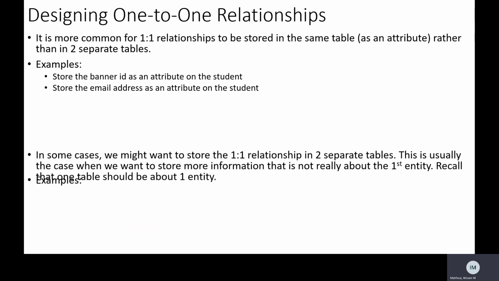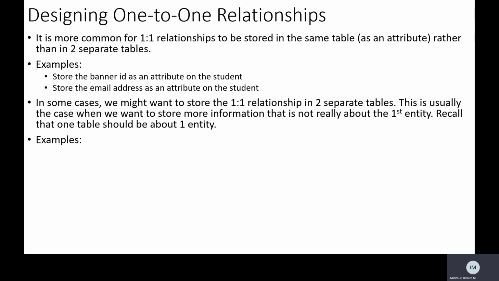address as an attribute. Now, we talked about characteristic attributes before, and we said that sometimes we may not want to store a one-to-one relationship in the same table, kind of like the passport example. We might want to separate them into 2 tables. And this is usually the case when we want to store more information than the entity really has. So